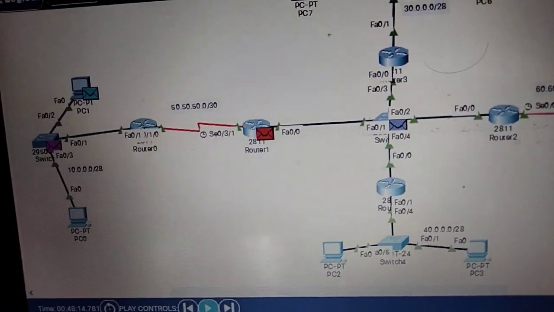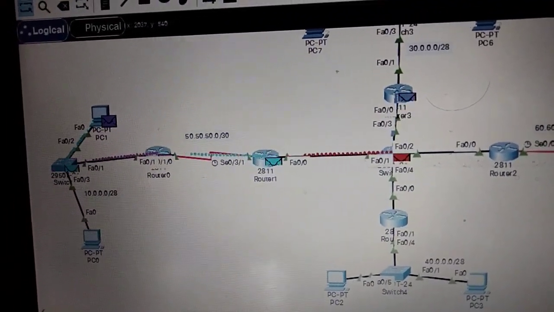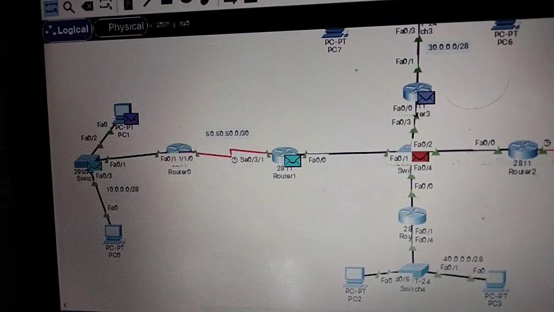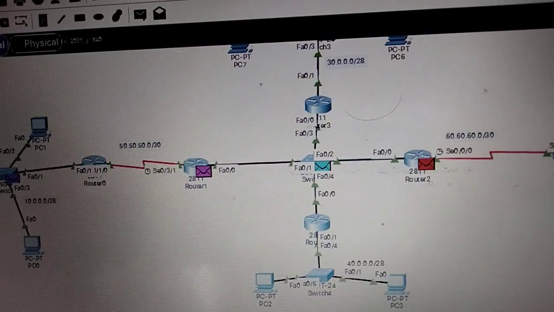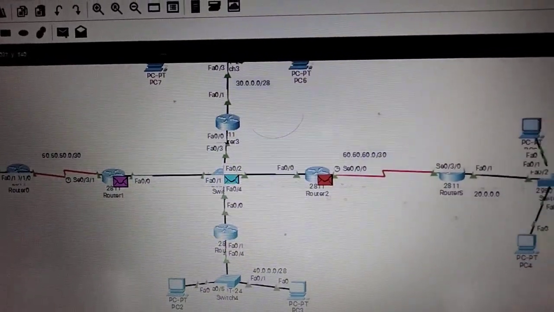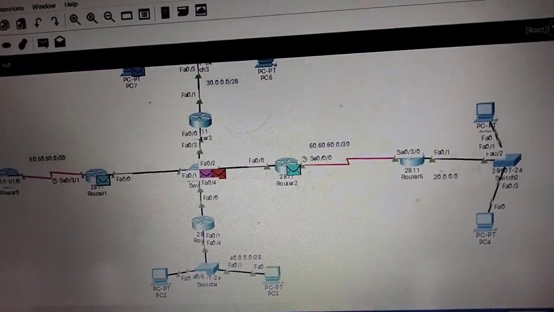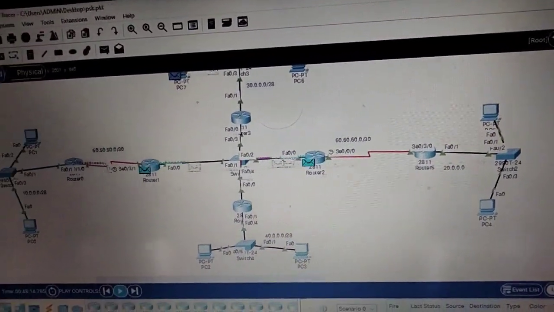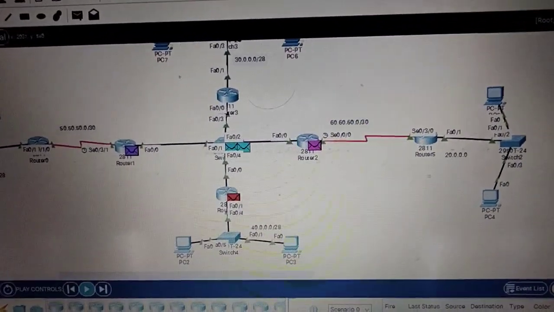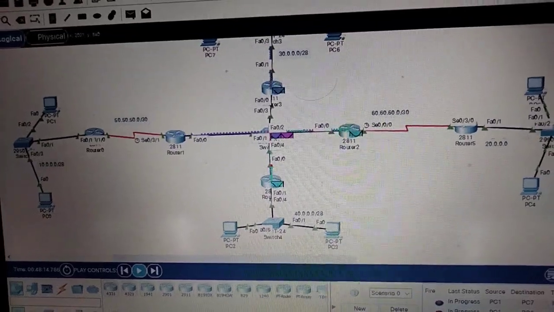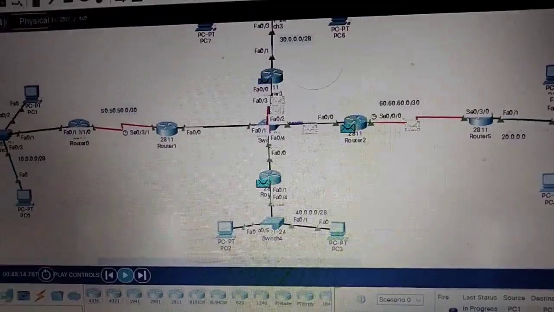Let's see here. From PC to switch, the message came. After that, switch to router, router to router, router to switch, switch to PC. These are the messages passing from PC to PC or mobile to mobile.